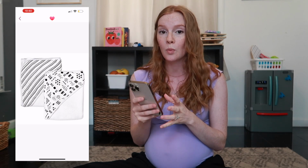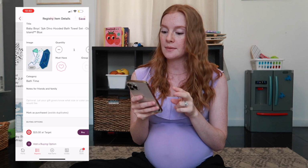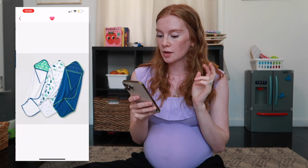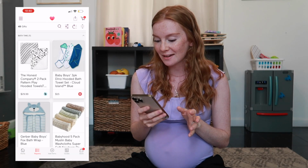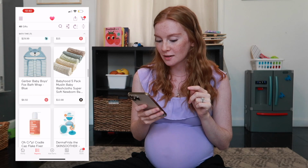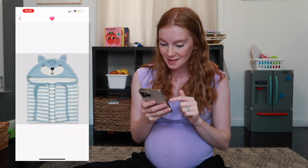They are super warm and thick. So I got a 2-pack of those on my registry. And then next are a 3-pack of the Cloud Island towels. I've used these with all my babies, but most of them were white and we've had some accidents, so I've had to throw them away. So I got a 3-pack of those, and then I found this really cute Gerber Fox baby